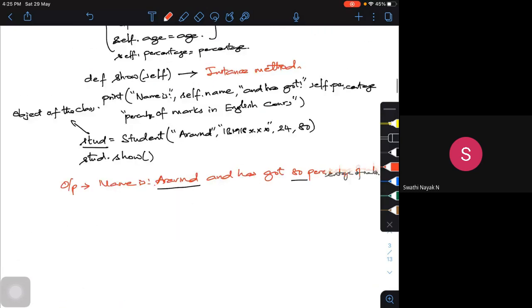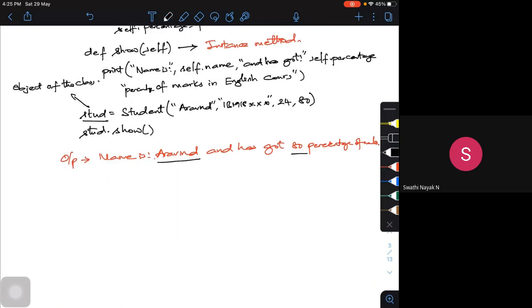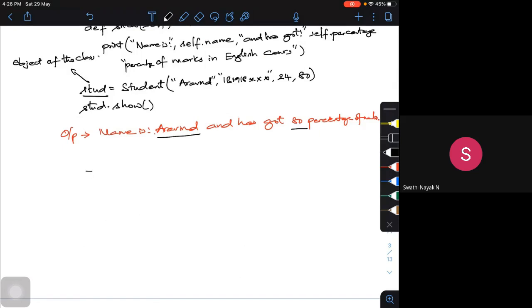That means if I want to write it, I should have underscore underscore init underscore underscore, within the bracket self. So this is the name of the constructor that we are using in Python.